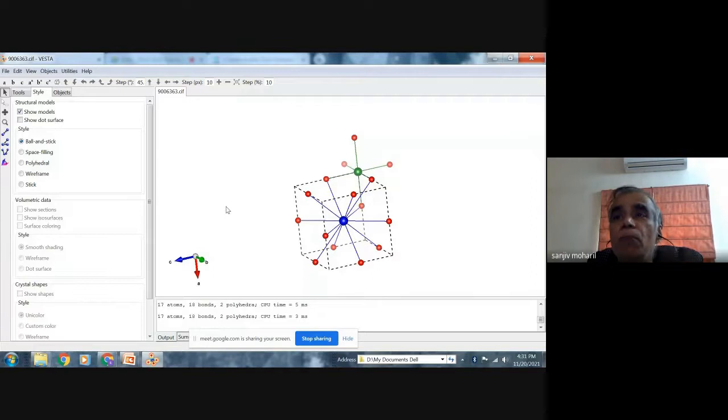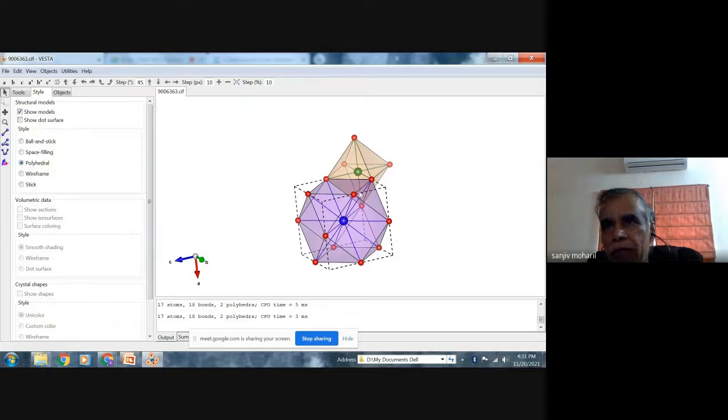Then I can also plot the polyhedra. These are the coordination polyhedra. So I find that this is a sort of cuboctahedron, whereas this has got a pyramidal shape, or a tetrahedron, simple octahedron, and so on.